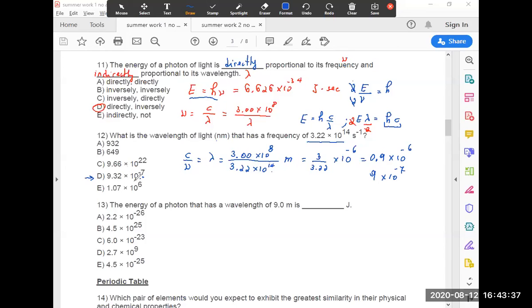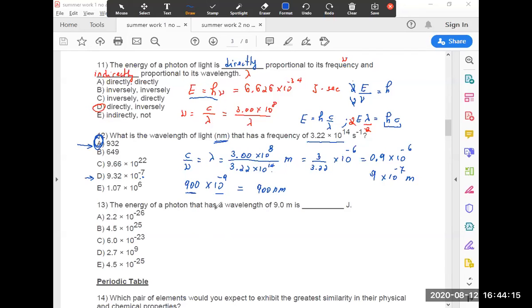Now, why would this one be wrong? Well, because those are meters. The problem is asking specifically for nanometers. Nanometers is 10 to the negative 9. So how do I make this a 10 to the negative 9? This is smaller, so I have to make this one bigger. So 900 times 10 to the negative 9 means 900 nanometers. There's no reason to doubt it because this is the only 900 number, so this has to be your choice. Otherwise, you just do the multiplication and you see it.